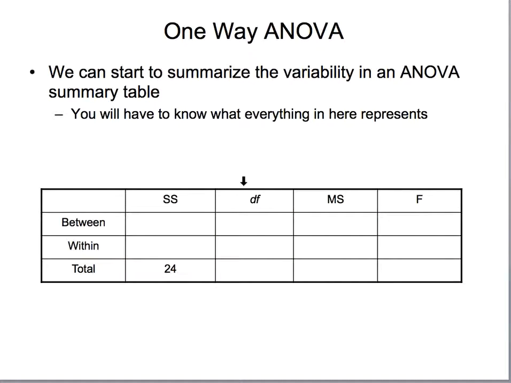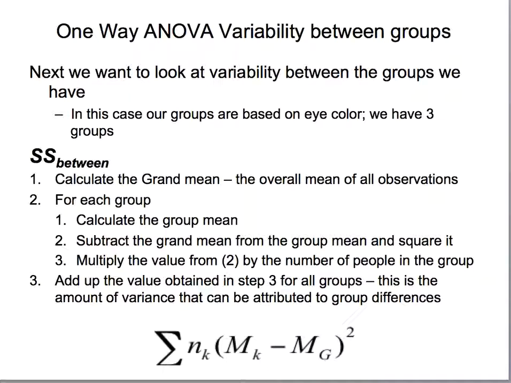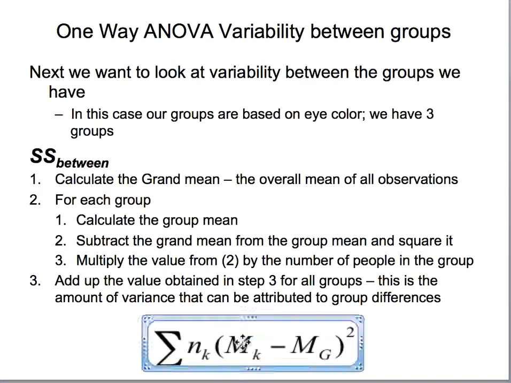Now one thing that we're going to be doing is organizing all this stuff. I have my total sum of squares in one chart. I'm going to look at the sum of squares that exists between the groups, and I'm going to look at the sum of squares that exists within the groups. And the between sum of squares and the within sum of squares add up to the total sum of squares. So just a brief way to look at this: if I'm thinking about how people are different based on the group they're in, what I'm going to do is look at this equation. I'm going to highlight, if I can here,